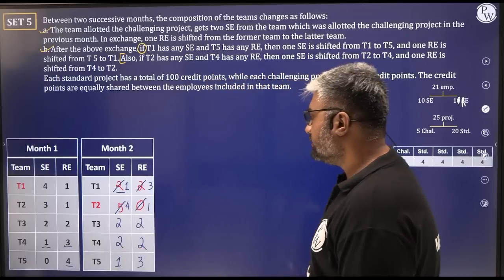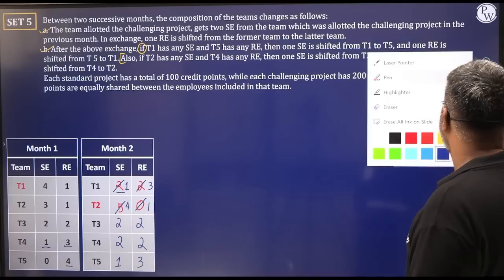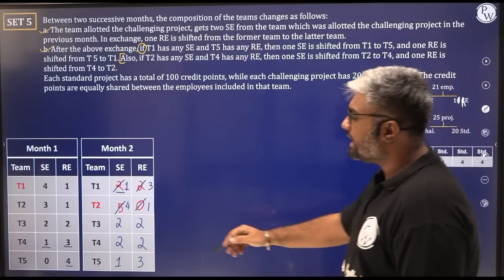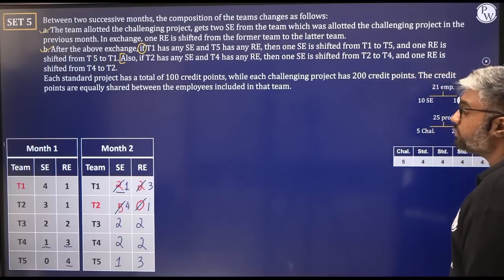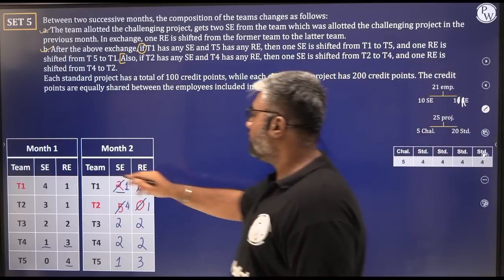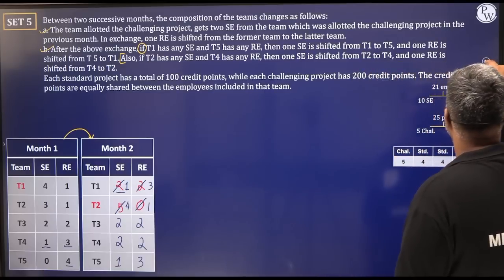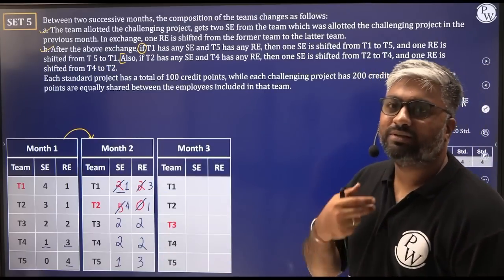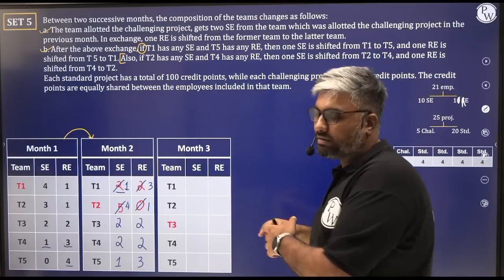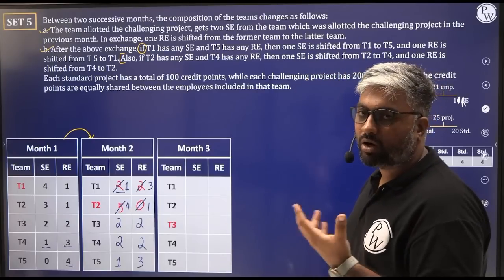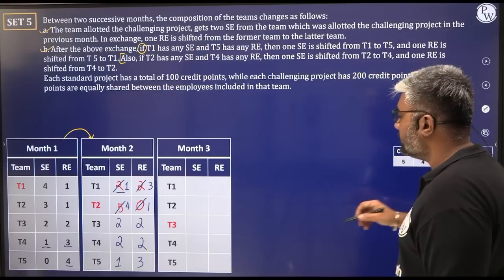So it was 2 and 2, it will still be 2 and 2, no changes with T3. Cool, done. So should we rewrite this? Yeah, चलेगा. इसी को रख के अब आगे बढ़ते हैं. Let's keep this so that you can figure out how, you know, changes were made. So this was 1 to 2. We are already done from month 1 to month 2. Okay, let's go from 2 to 3 now. Like I told you, time consuming. If you can think quickly now, fast अगर आप कर लोगे, complete तो करना ही पड़ेगा, because without all the 5 tables, you cannot answer the questions, right? So let's do from 2 to 3 now.